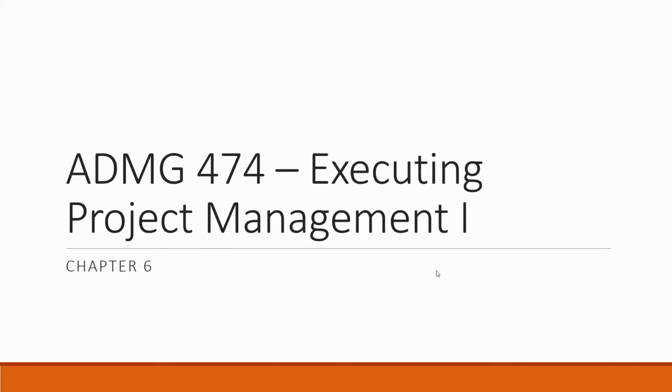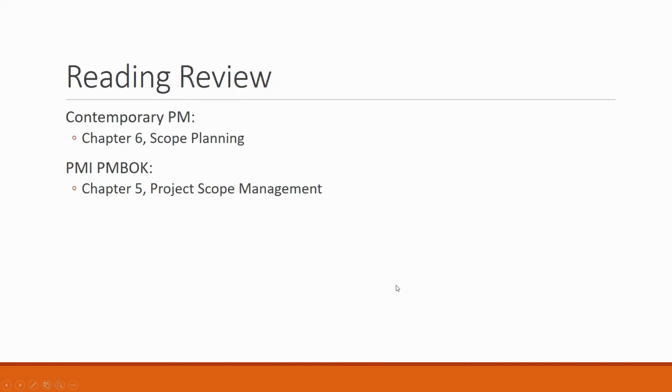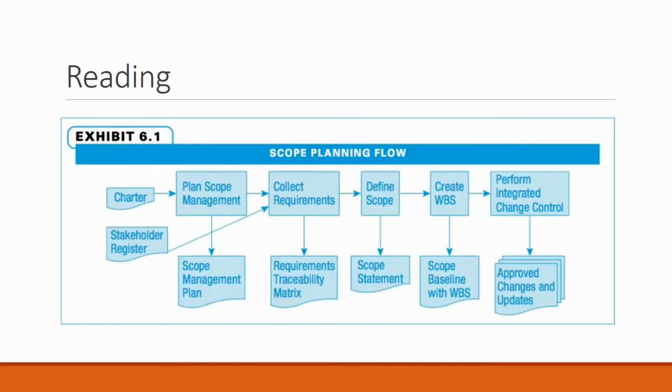Okay, hi everyone, and let's talk about Chapter 6 of ADMG 474, Executing Project Management. This chapter is all about scope planning. Now, the corresponding chapter in the PMI PMBOK is Chapter 5, Project Scope Management. From the reading, you will notice Exhibit 6.1, and this is a really good flow of what all happens in